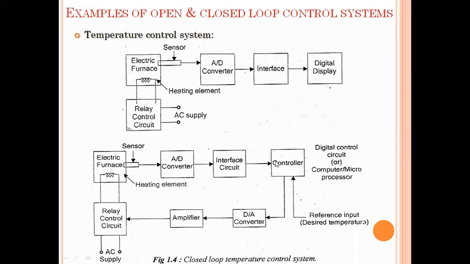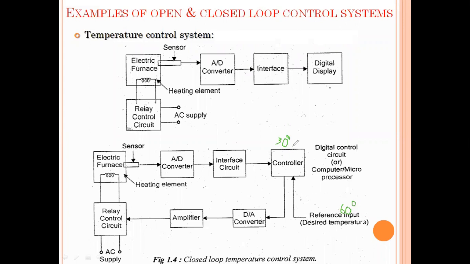This controller, what this controller will do is, here we need 60 degrees temperature, that will be given as reference input here, 60 degrees. But what is the display value? 30 degrees. We got only 30 degrees, but we need 60 degrees. So this reference input can be given from our side.